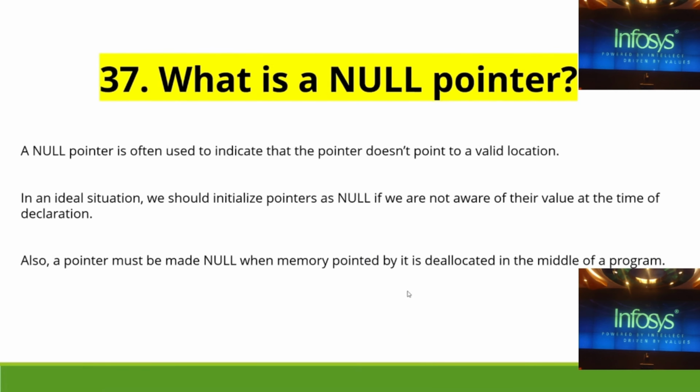36th question: what is a null pointer? A null pointer is often used to indicate that the pointer doesn't point to a valid location. If the pointer does not point to a valid location, that pointer is nothing but a null pointer. In an ideal situation, we should initialize pointers as null if we are not aware of their value at the time of declaration. Also a pointer must be